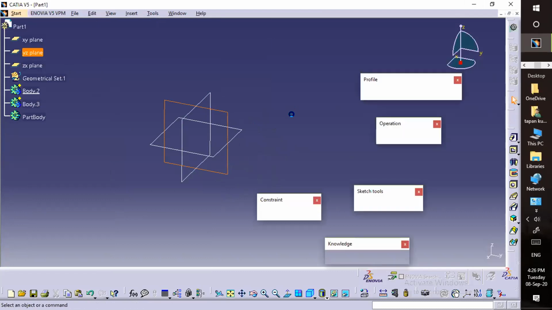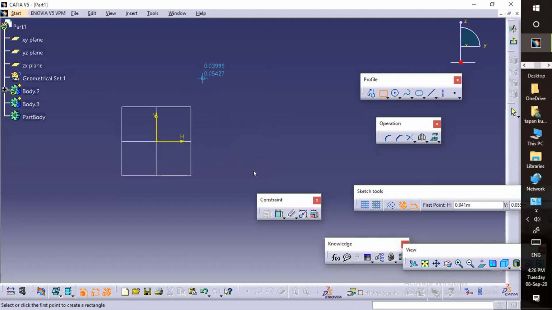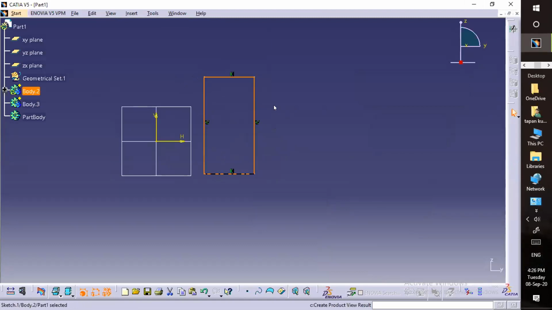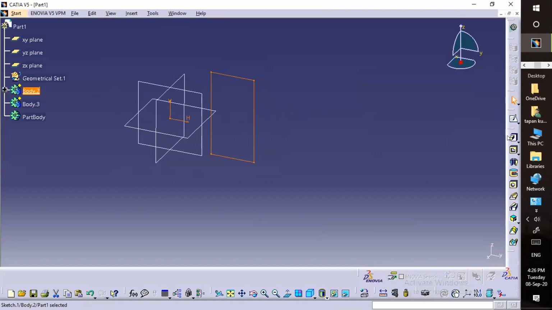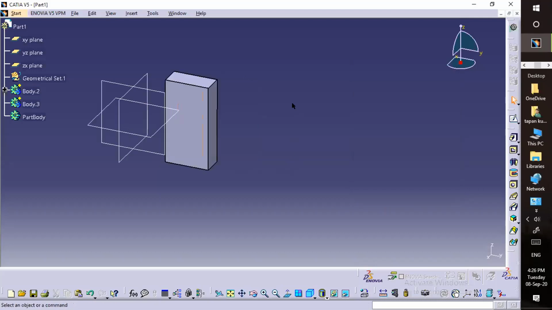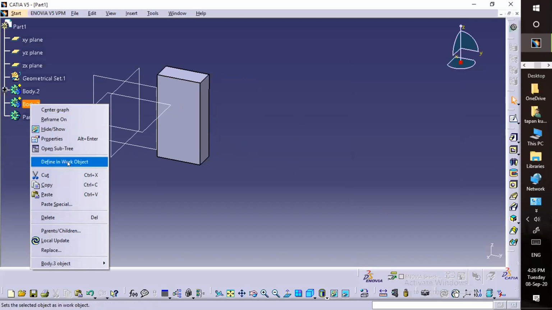Let me create two rectangles, one rectangle and another different one.